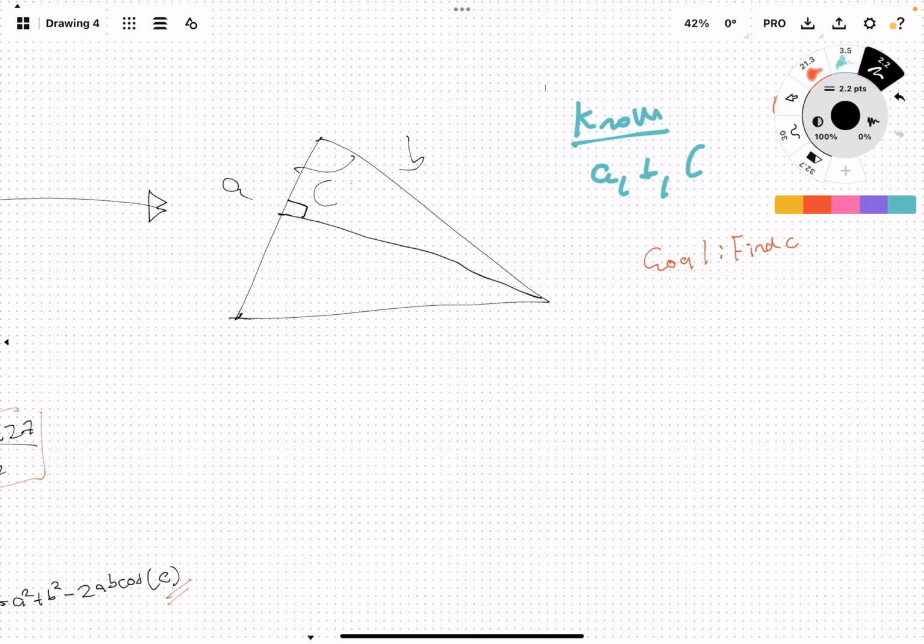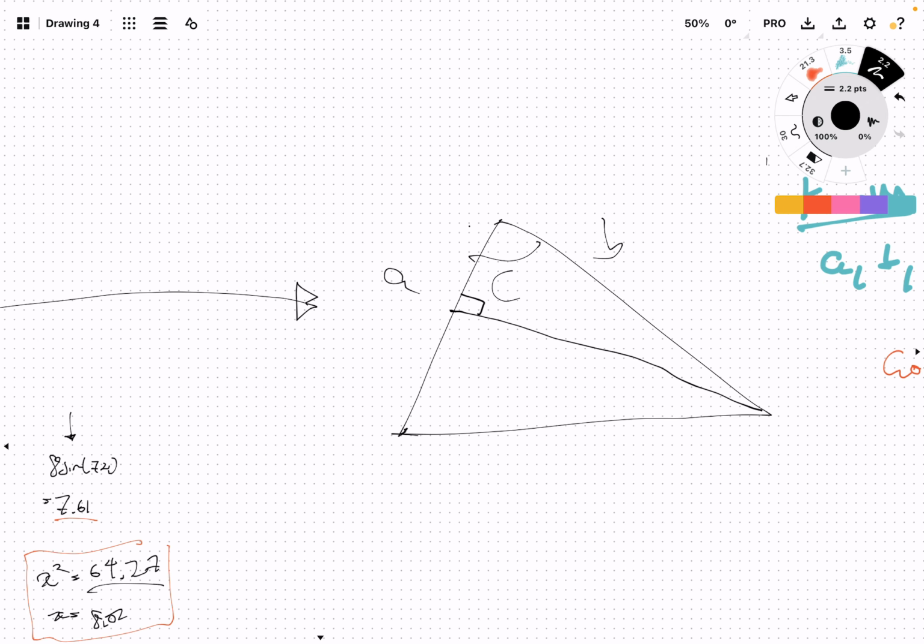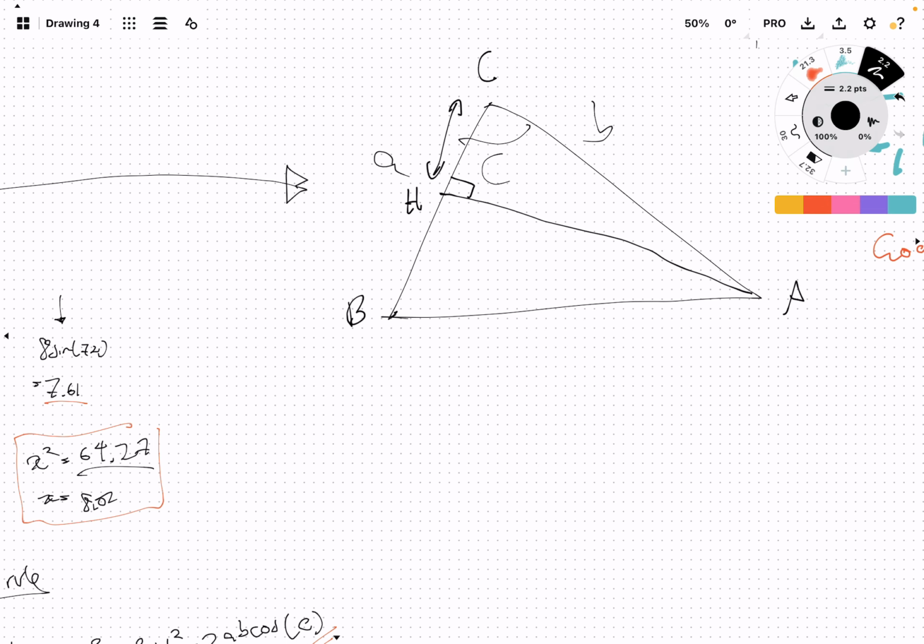Then we go, well, since we pretend we know the values, again, this is for the proof, so you pretend you know the unknowns. And you do the same thing as before. If you do the same thing, you'll get that, call this A, B, C. Let's call this H. Then CH equals, we get that cos C equals CH over AC, which means